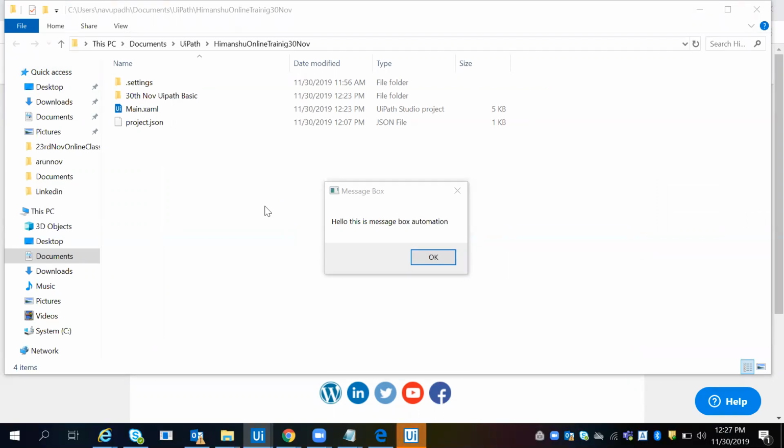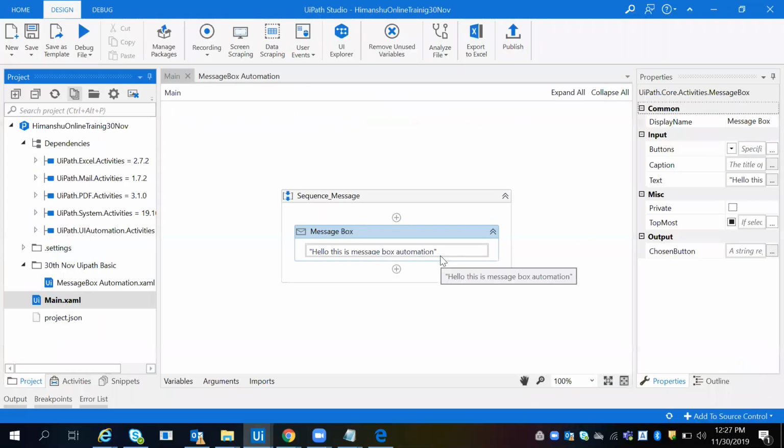If you want to check the 50 outputs, every time you have to pass the message box and click the OK button. If you don't click the OK button, you are definitely going to delay your process, and after execution it will show you more time. So that's why, if you are part of any project, don't use the OK button.